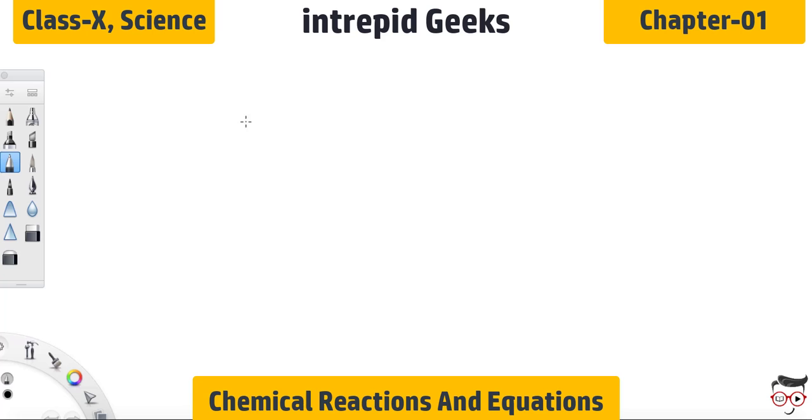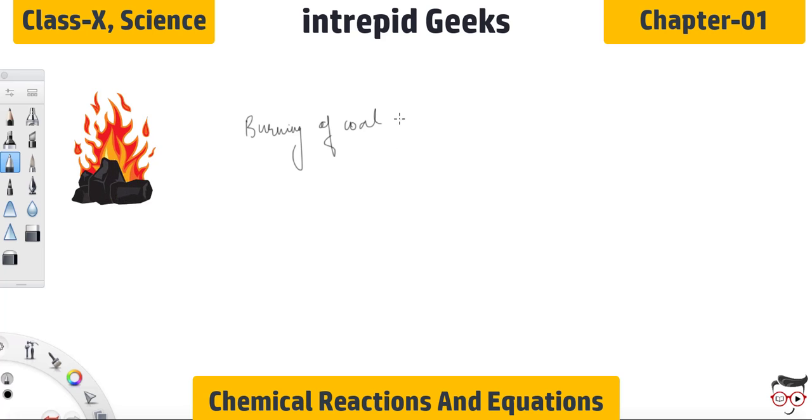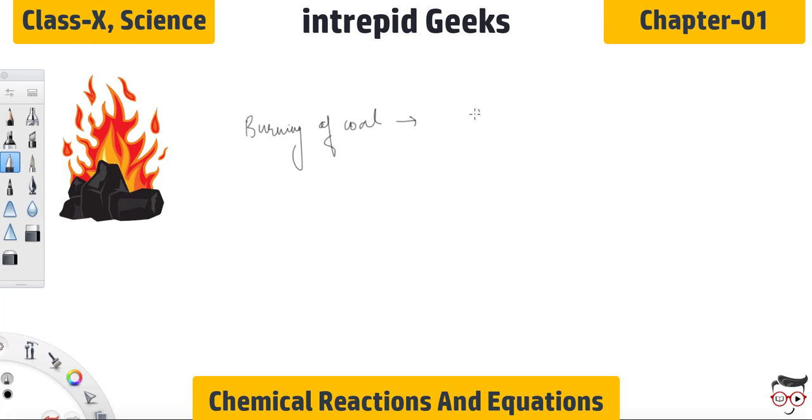Let us discuss some simple examples of combination reaction. The first example is burning of coal. In burning of coal, carbon, which is solid in nature, reacts with oxygen, because burning takes place in the presence of oxygen only, which is gaseous in nature, in order to form carbon dioxide. This is a simple reaction which occurs a lot around us. Where? Do think about that.